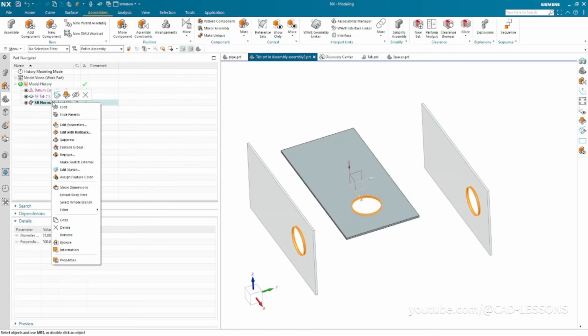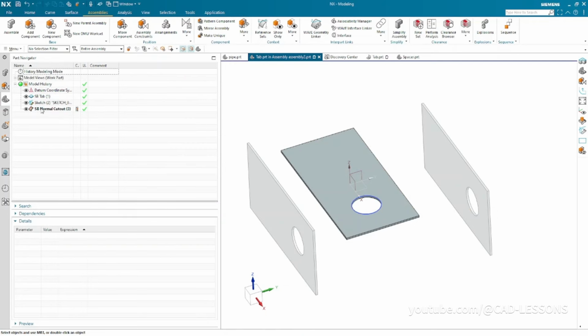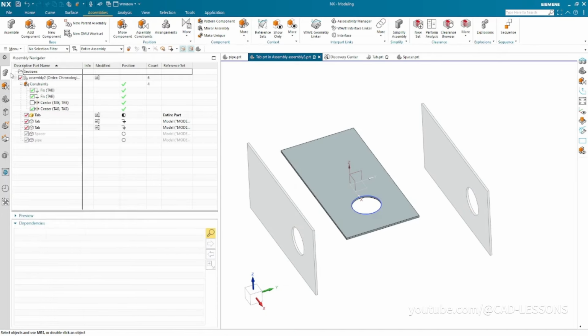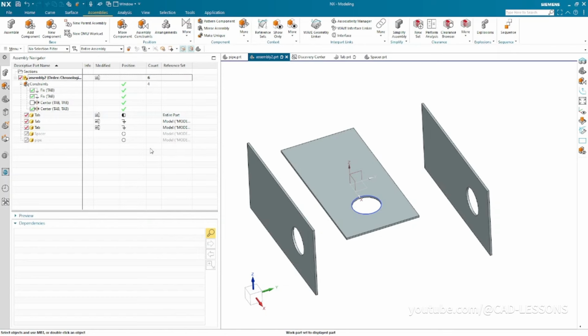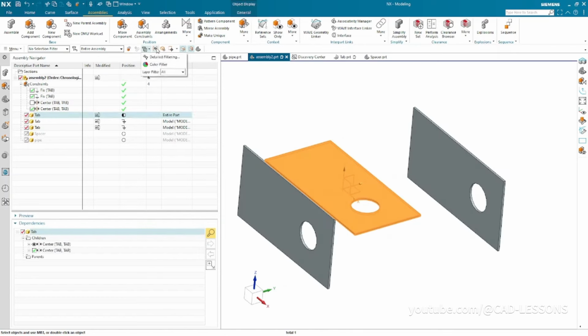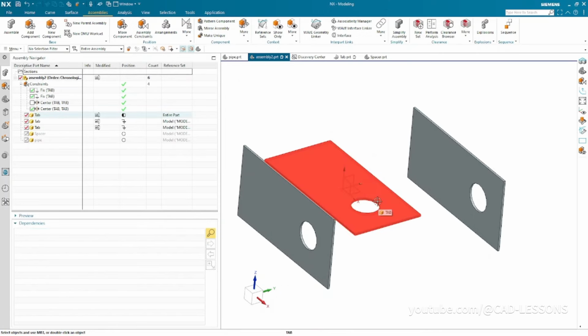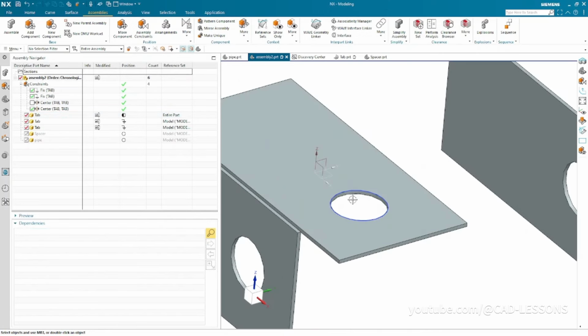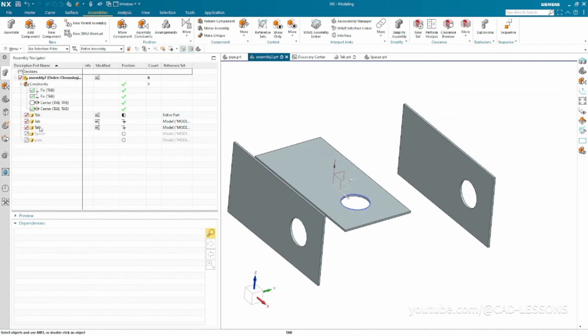Let me show you. If I just make the sketch external, then I can see the sketch here. Now you will see the difference. I move back to assembly and just notice this part only has the entire part. Because of that, I can see the sketch here. There is the blue circle, that is the sketch, but because these are two same parts and they are set to reference set model, they do not have the circle visible in these two parts, but only in this part. So I hope the reference set is also clear, and